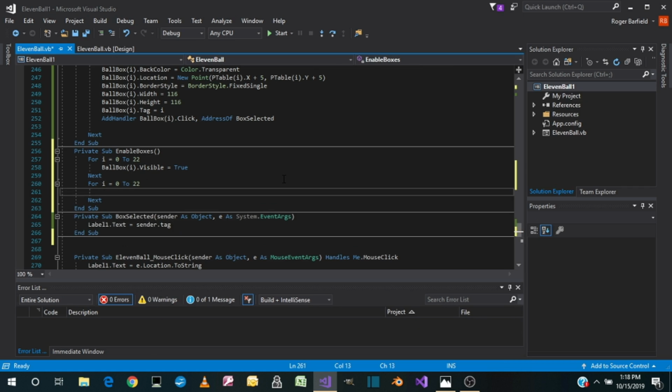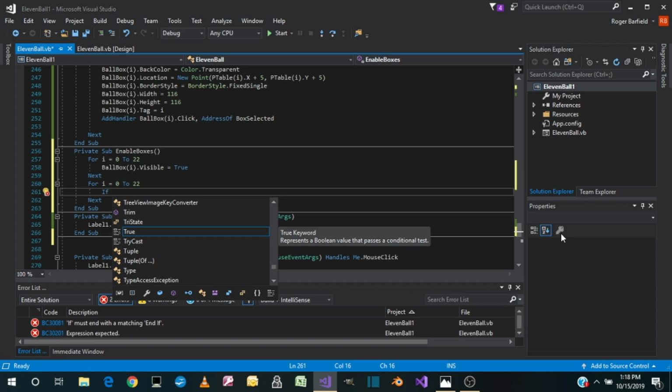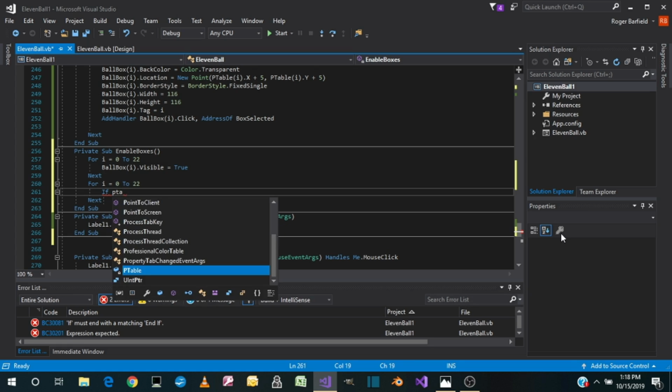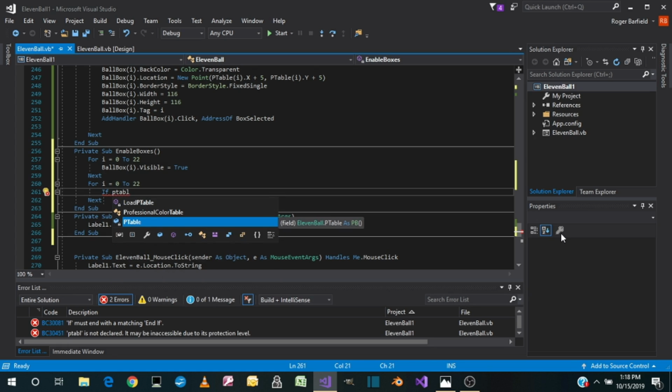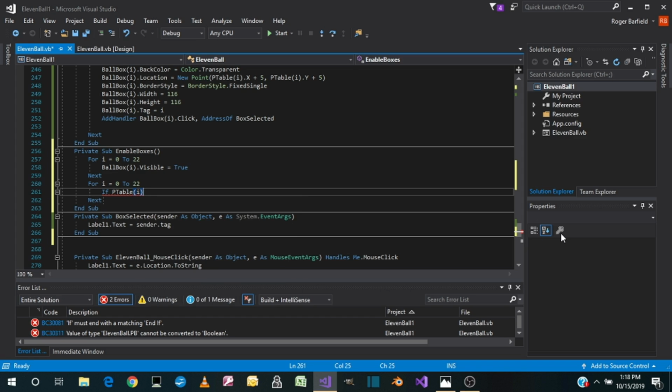Like I said, if there isn't a ball there, it shouldn't need to be visible. So if p table ball num is equal to 0, meaning there's no ball there, then